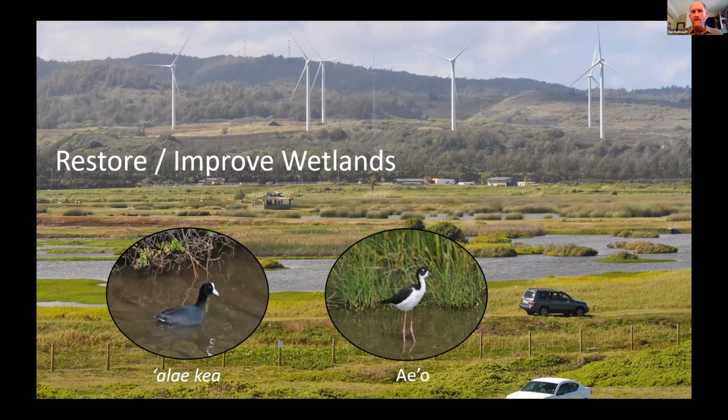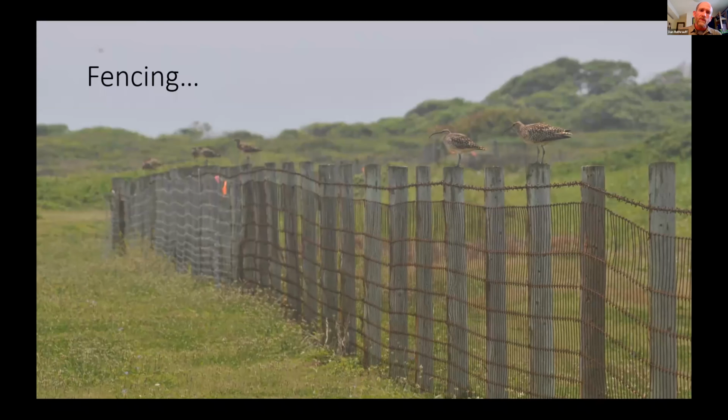And so what the refuge managers did, this used to be settling ponds for a sugarcane operation before it became a refuge in 1976. And those settling ponds, they fenced them off with predator-proof fences and